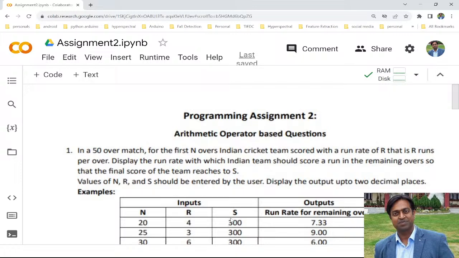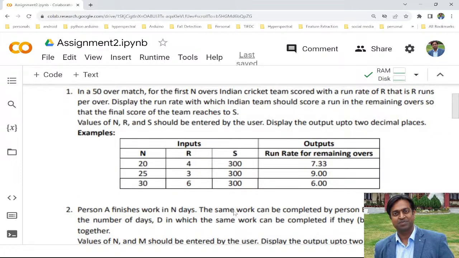So how to write the problem for this? Now to write the problem, this is simply a mathematical problem. Mathematical problem means, first of all, we should know how to get the formula mathematically, and then whatever formula we obtain, the same formula we can write in programming statement form, right? So the first step is to know the mathematics of calculating the run rate. So over here,